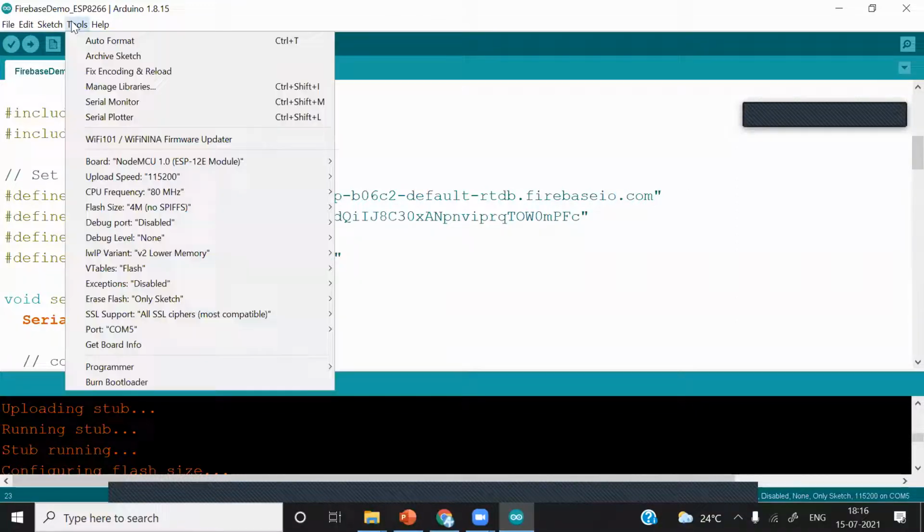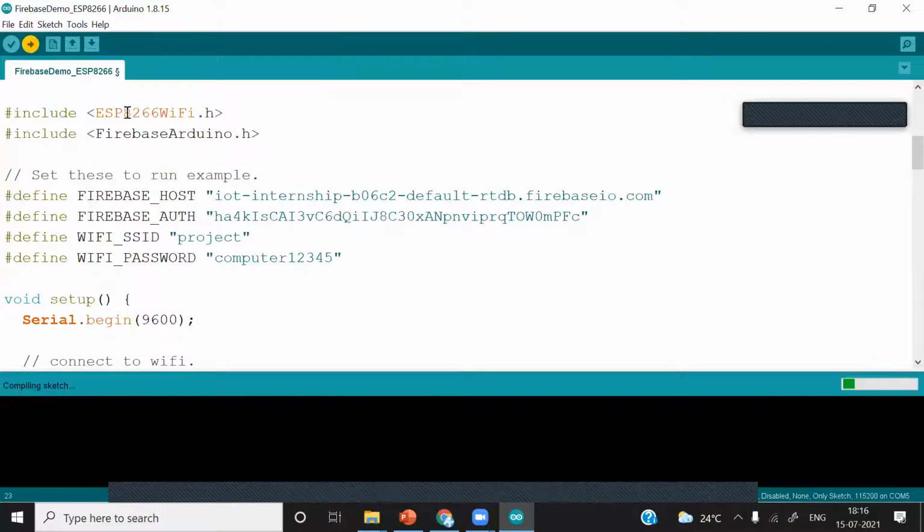I have connected the ESP again, COM port 5. Okay.